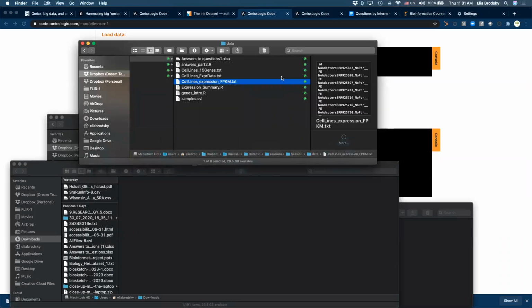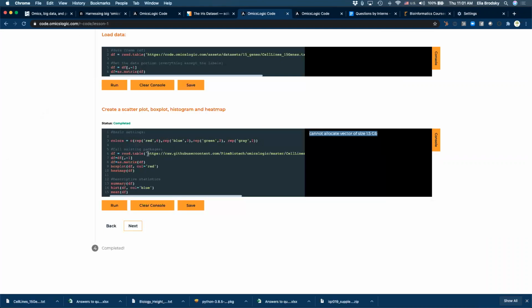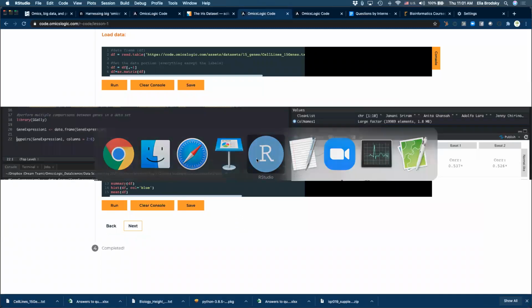Let's see, how big is this file? It is 1.6 megabytes. But to work with this file, you actually have to have a significant amount of RAM. Okay, so that's why this isn't going to work. Okay, so because of that, let's try and work with this data set on your computer.